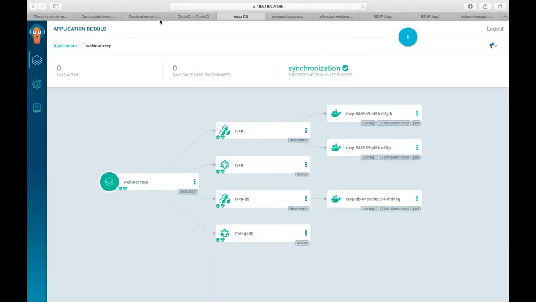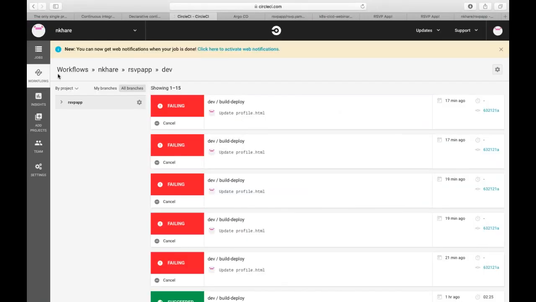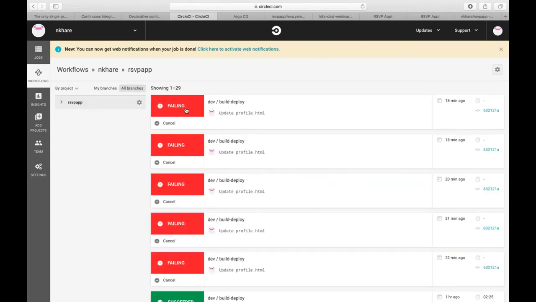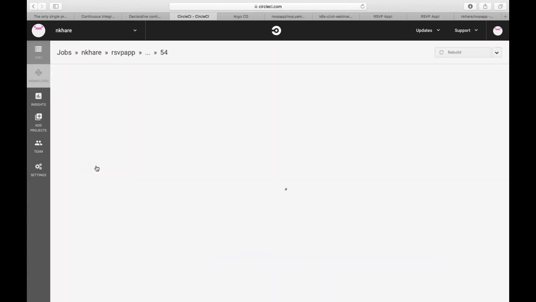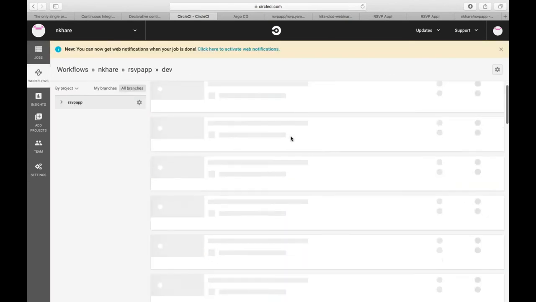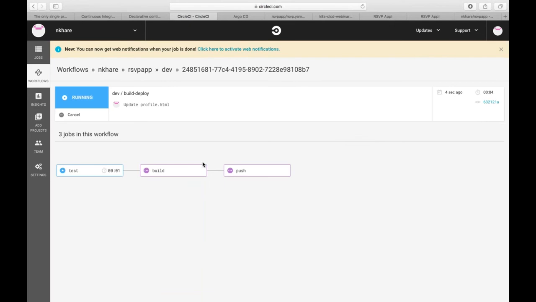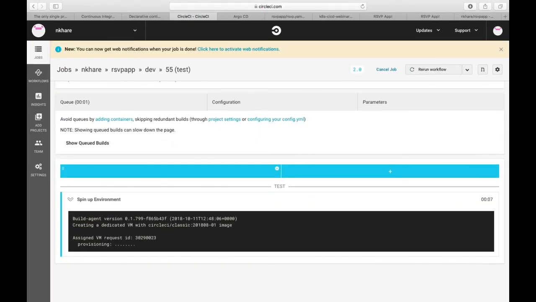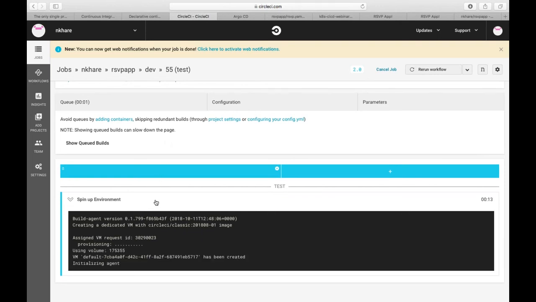Maybe we can just try the CircleCI and see if it has worked. Should give us some better error at least. Test, rerun. Now this seems to be running. Hopefully. Yeah, it seems to be running, so I think it would run in some time. So maybe we can take questions, and if this finishes up, we can look back.